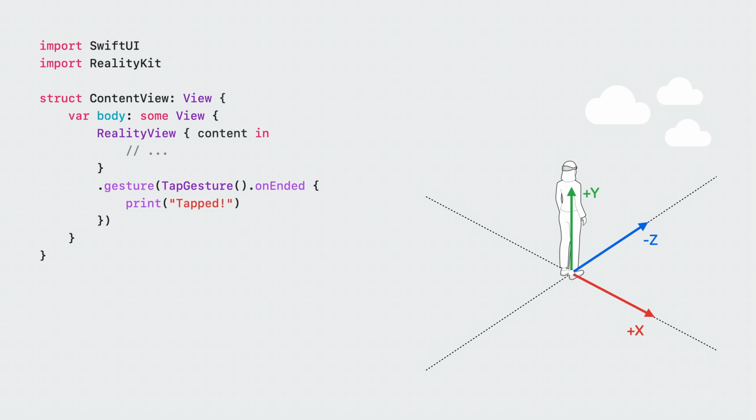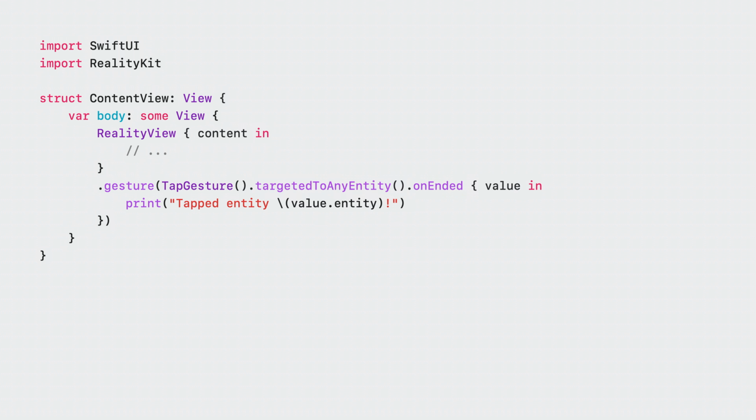However, a Reality View may contain RealityKit content with multiple entities. For example, our app opens an immersive space that shows a Reality View containing our cloud models. If a person taps on one of the clouds, SwiftUI invokes the tap gesture on the Reality View. But how do we know which cloud was targeted by the tap? This is where entity targeting comes in. The targetedToAnyEntity modifier works on a gesture attached to a Reality View to determine the exact entity